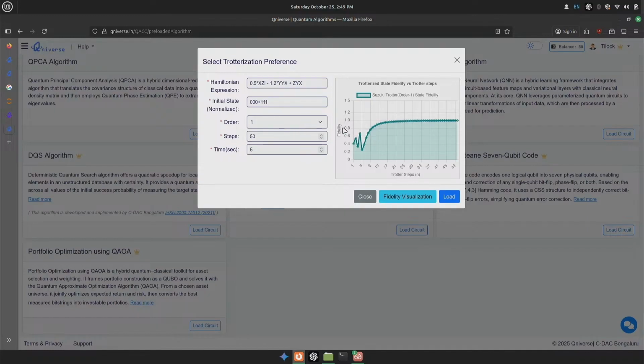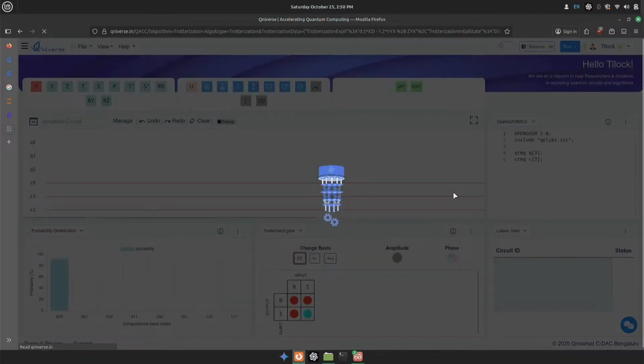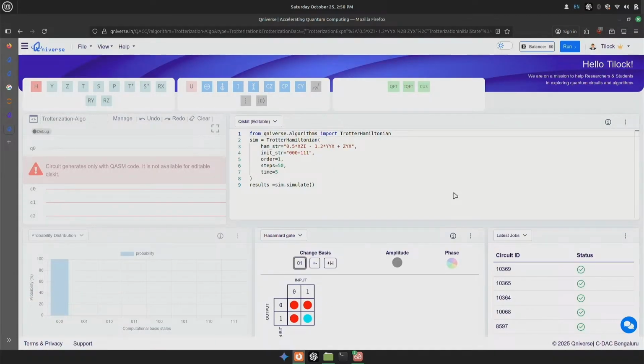So as you can see, with 29 steps, I'm reaching a fidelity close to 1. So if I take 29 slices, that is good enough for this kind of Hamiltonian to create the equivalent circuit. So once I have that fidelity visualization, based on that, I'll change my input. I have given 50 steps, which already includes these 29 steps, so I won't have a lot of problem with that. If I just hit the load button, you see, I'll be redirected to another page, and if I hit the run button,